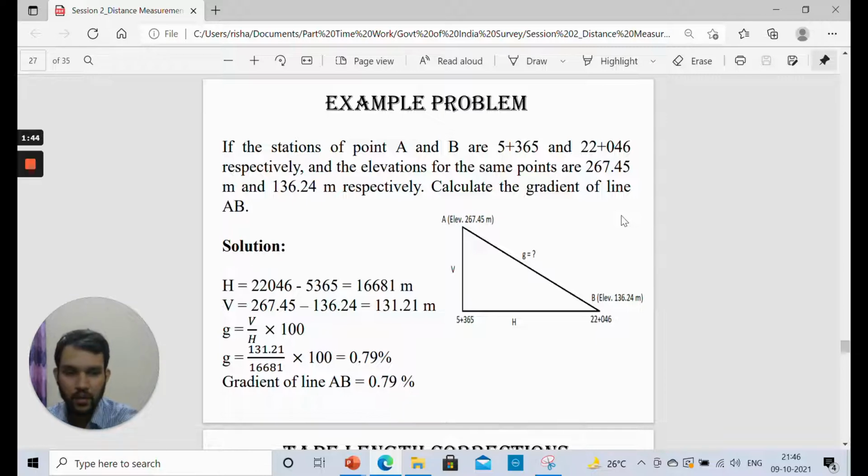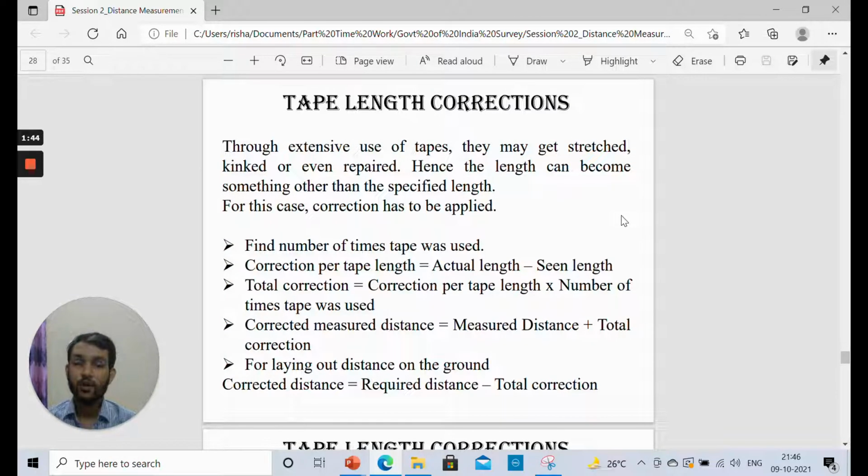Now the last part that comes with tape length is the corrections that we need to apply. This is a very important part, because what happens when you have found that this is the particular error associated with each tape length, then how can you apply that correction for entire readings if you have traversed a large length, suppose 10 kilometers of reading you have taken. It is not possible that if you recognize that the tape you were using was not 50 meter, instead it was 49.9 meter, you conduct the entire survey again.